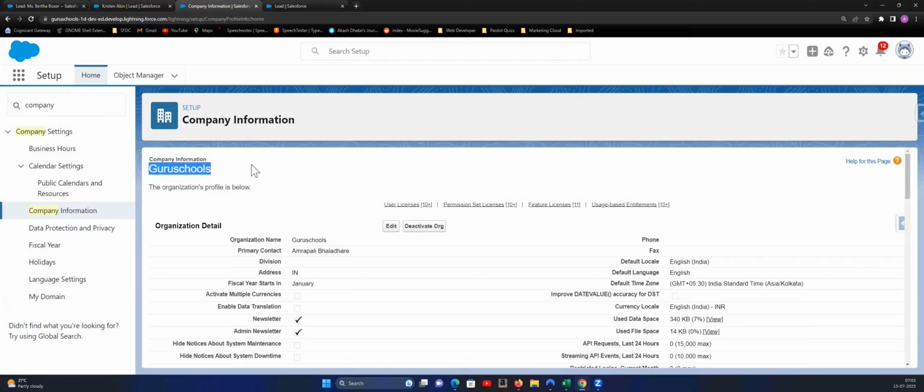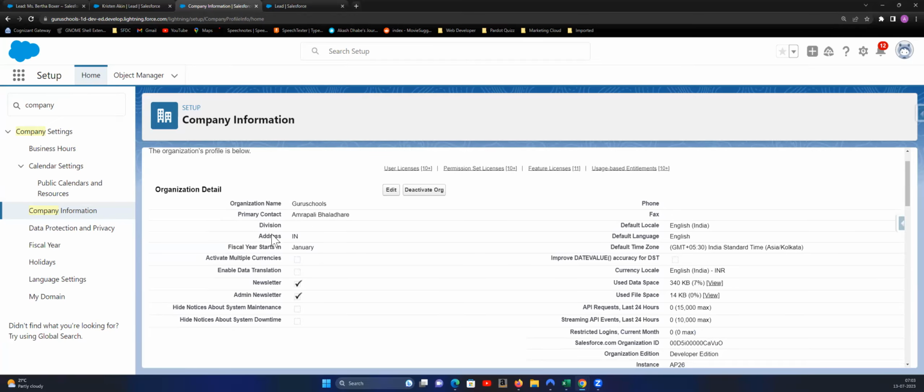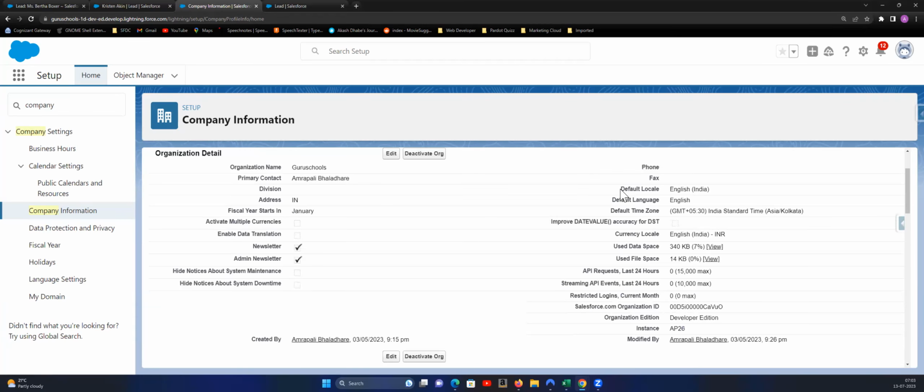Let's say that you join Infosys, okay, and Infosys is using Salesforce. So once you come here in company information, you will see that organization name, for example, Infosys here. Okay, then address, your fiscal year, when it starts. Okay, here what is your default